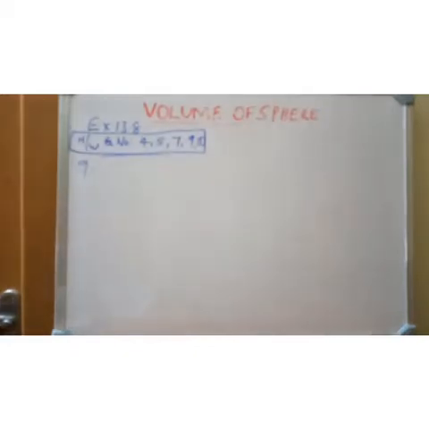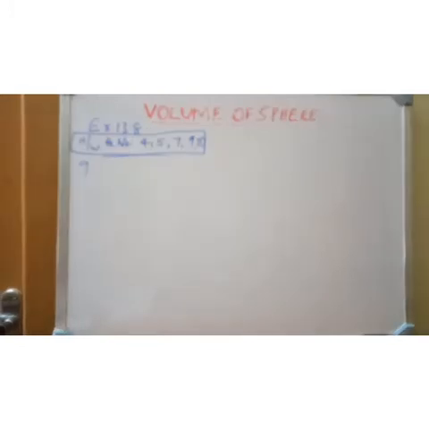See question number 9. 27 solid iron spheres, each of radius r and surface area s are melted to form a sphere with a surface area s dash. Find the radius r dash of the new sphere. And second part of the question, ratio of surface area of first one s and s dash. So S is representing the surface area of an iron sphere with radius r.